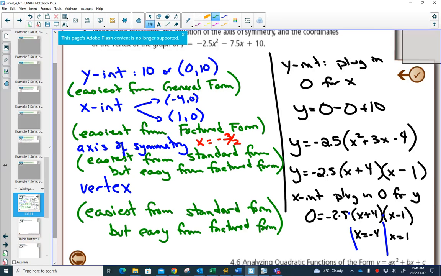Because we already know by having our axis of symmetry, we know that our vertex, the x-coordinate, has to be negative 3 over 2. So if you have the x-coordinate from your factored form, then you just need to find